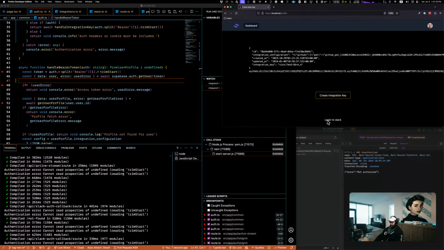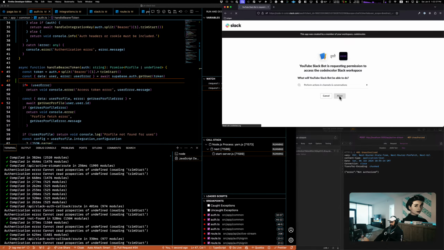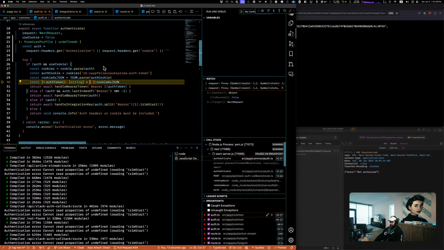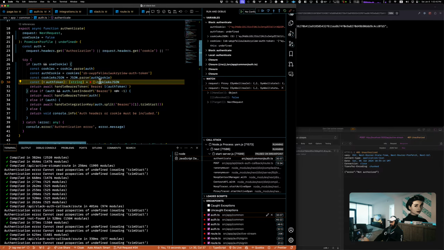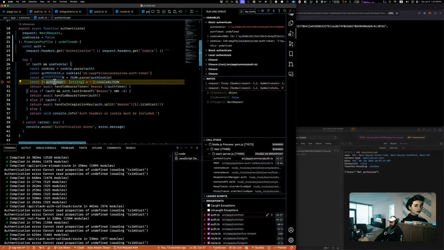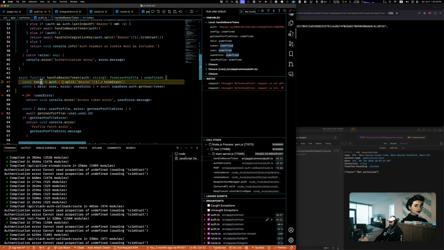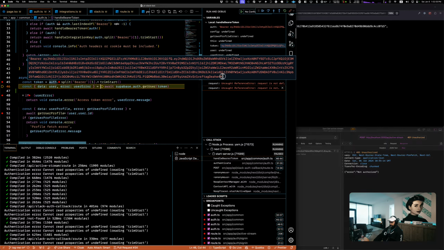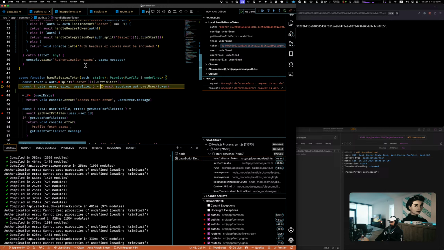Okay, let's try this again. I'm gonna need to inspect this cookie that I'm getting back now. This auth token, which isn't set yet. So I'm gonna take this value here and see what this is.